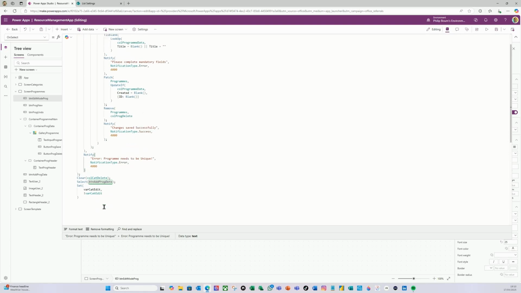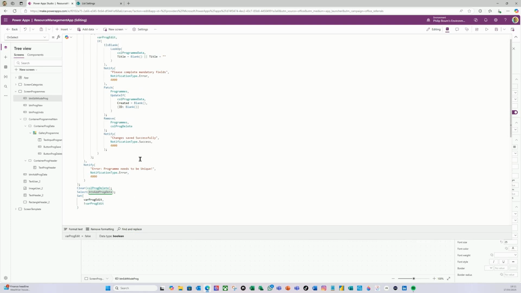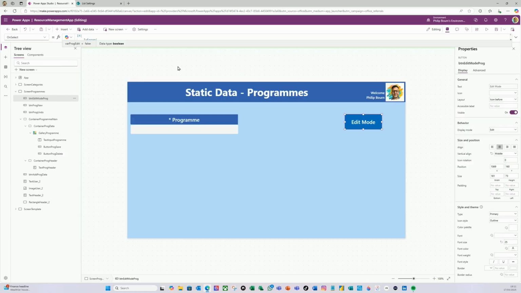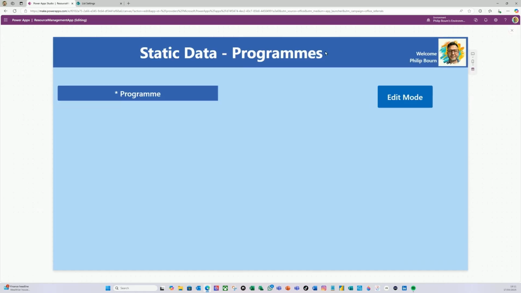This button has changed automatically. So change the clear the prog delete collection, and then change this variable to point to the prog one instead of the cat. And there you go. That is all done. So let's give it a test. So I'm going to save and let's test it. There's nothing there at the moment, so let's go into edit mode. Let's do new, and let's do